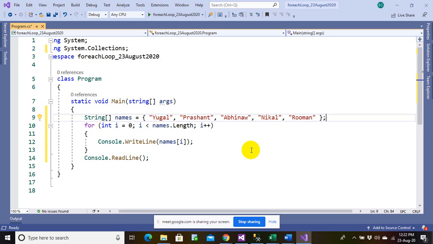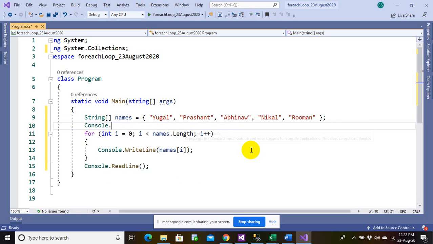So let me have a Console.ReadLine here. The current line, reading values with for loop.